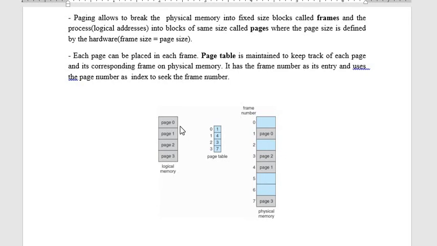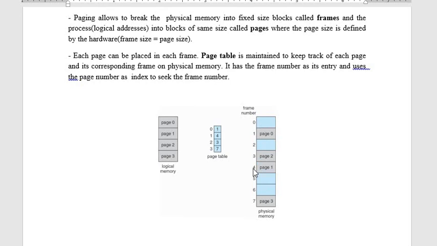If you divide 10 logical addresses into 5 pages, obviously one page can contain 2 logical addresses, indicating the 2 instructions in that particular process, whereas the next 2 logical addresses can be kept in the next page, and so on. So depending on how many logical addresses there are, the hardware is going to decide what the page number would be, and we divide the logical addresses among that many pages.